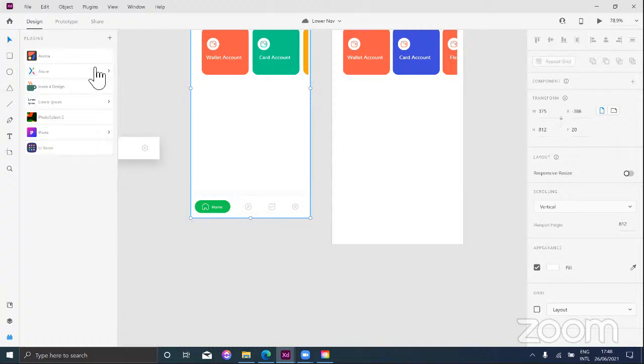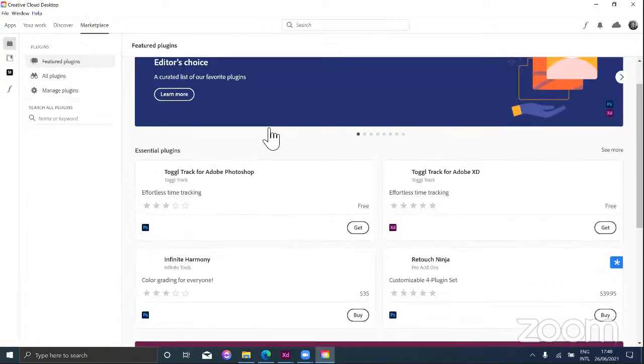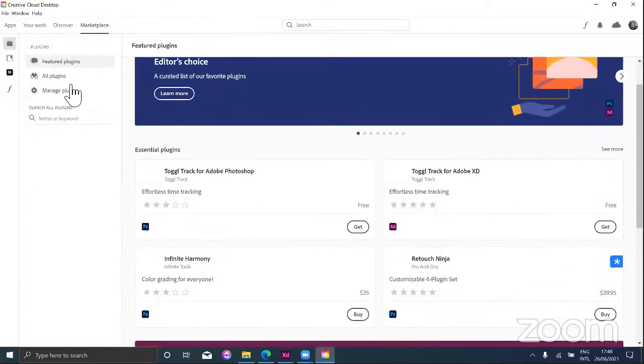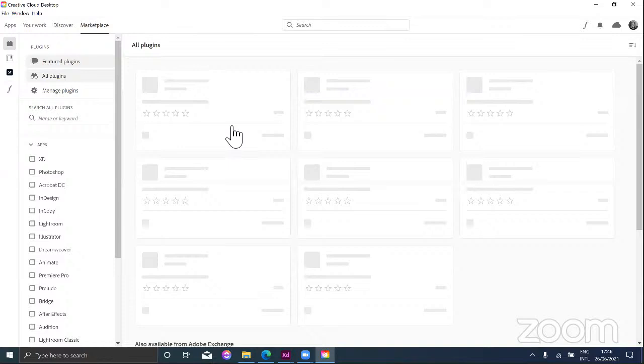So to get a plugin, just come here and click on discover. We see the different plugins that we have in SD. You can see these are the featured plugins, and now all the plugins are loading. We have a lot of plugins. So what you just need to do is